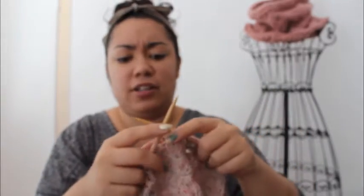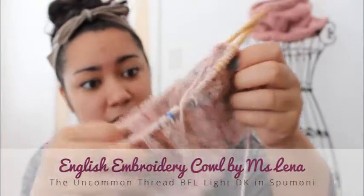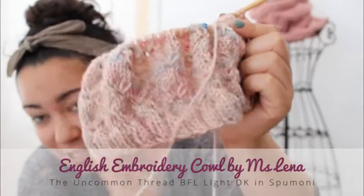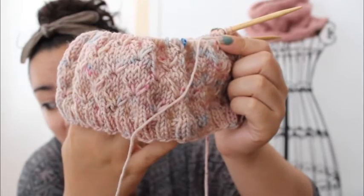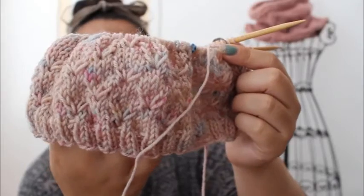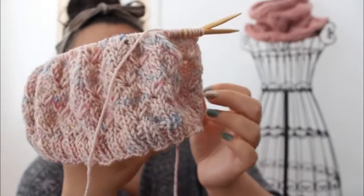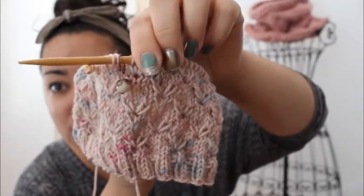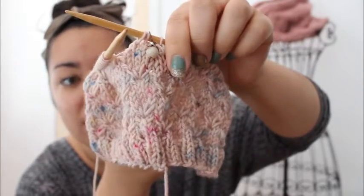And then I started something new. I'm also working on an English embroidery cowl by Miss Lena. So that's what it looks like. It's out of the Uncommon Thread BFL Light DK in the colorway Spumoni, and I got this yarn at Loop in London, and I'm using US 8s, 5.0 millimeters, and I have also a little stitch marker that I got from Loop in London as well, but they're actually